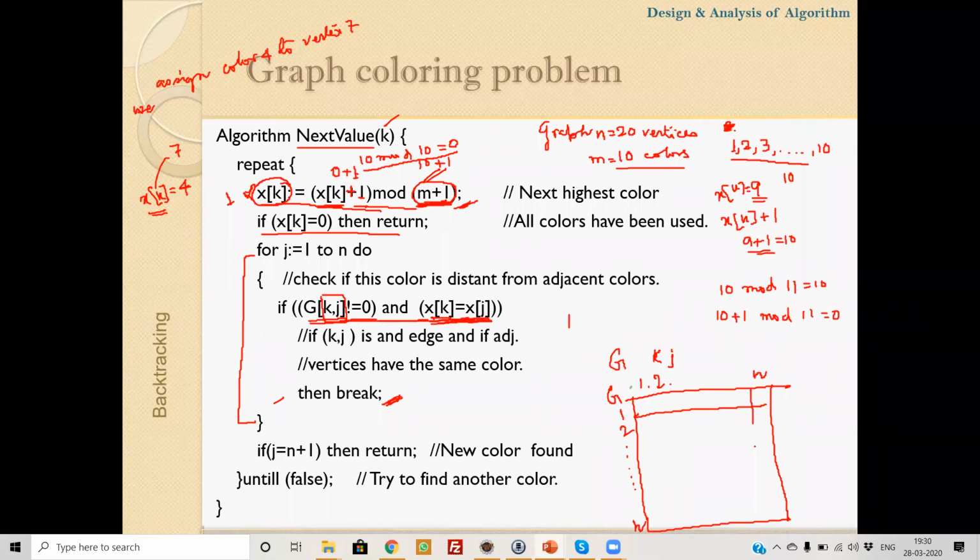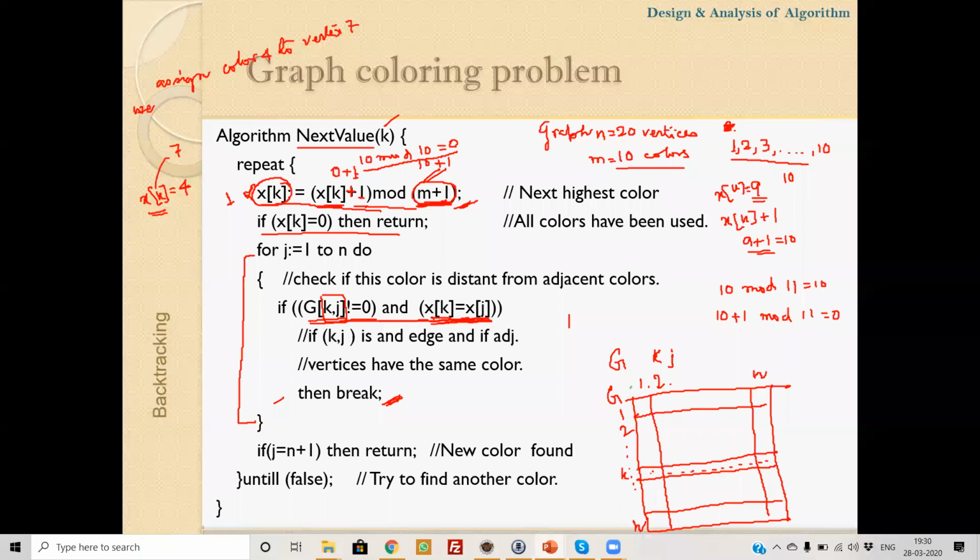In this way, this matrix is already formed. So if we have this graph and we are going to assign color 4 to vertex k, say this is the vertex k.